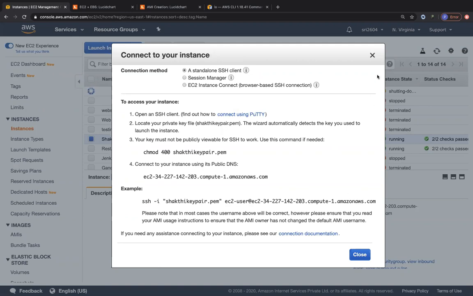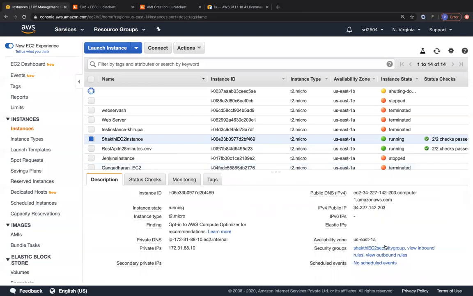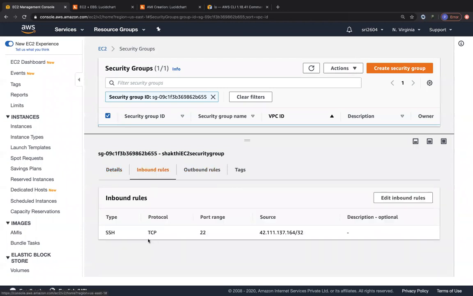Okay. So what I mean by that is, let's say for this Shakti EC2 instance, he has a security group over here. So in this security group, under inbound rules, he has SSH traffic allowed from his public IP. Now if suppose he switches off his router and he switches it on, he gets a new public IP. So at that point of time, always remember the first point of troubleshooting to access your EC2 instance's operating system is your security group, from my point of view. So always look at your security group, whether you have access to your EC2 instance.